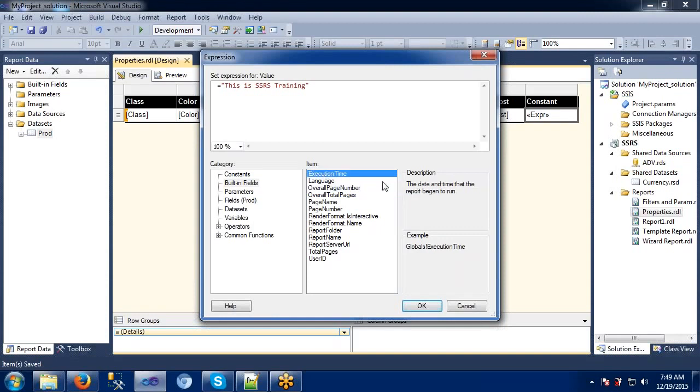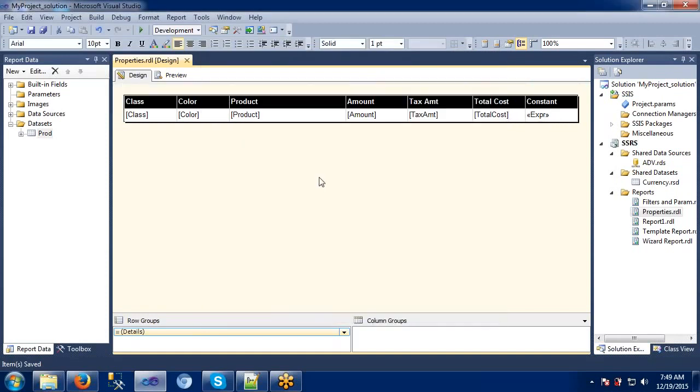Let's see this one. It is saying execution time, date and time that the report began to run. Means it is giving the description here. If you try to use this execution time, automatically it will capture our system date and time, right? So let's try to use this one.